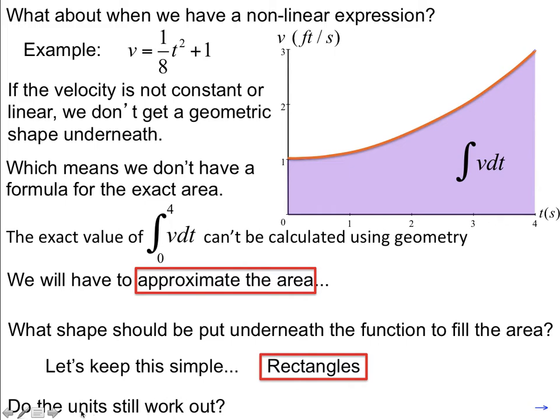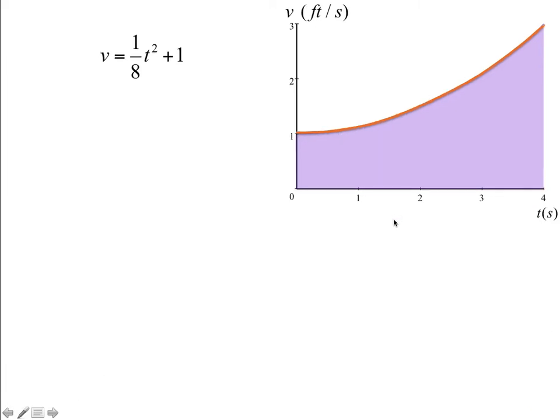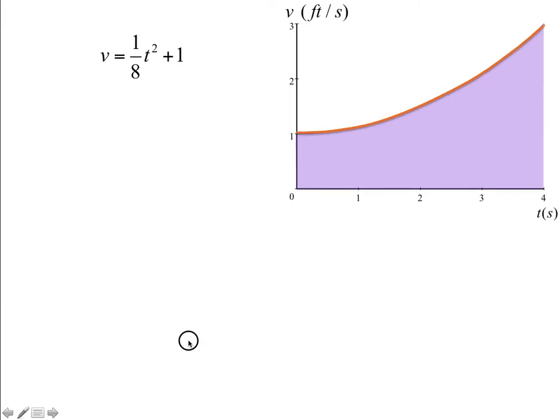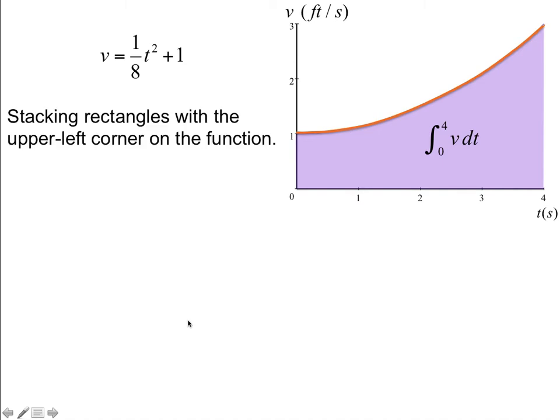Before we do that, let's look at the units. So if we put a rectangle underneath here, we still have units of feet per second times second. And so feet per second times seconds, the seconds cancel, so we will have units of feet. So the units still do work out. Okay, so let's start stacking rectangles. And if we make one rectangle down here at 1, or another big long one up here at 3,